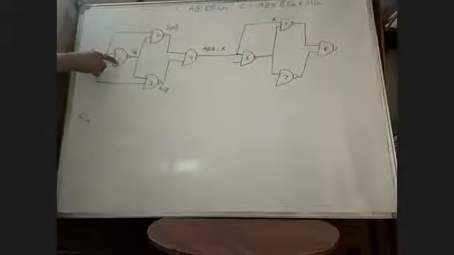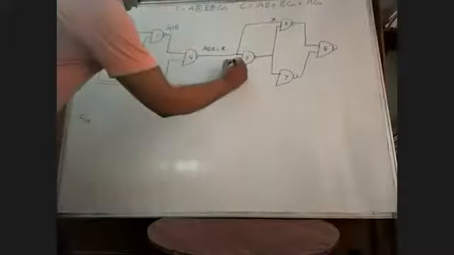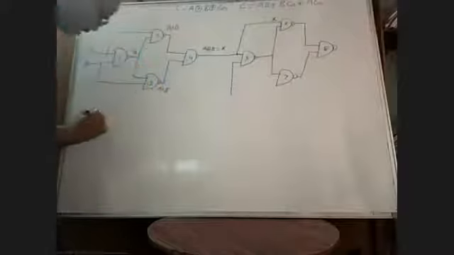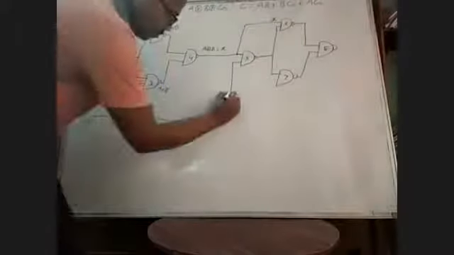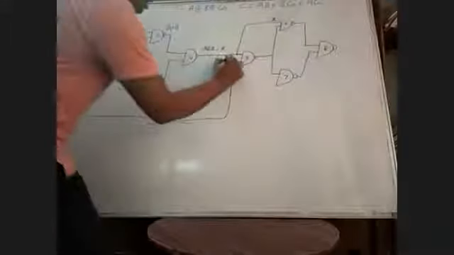And see, what is the NAND gate 1? One input is B. Similarly, for NAND gate 5, the other input we are calling C in. We don't need to draw such a long line; I showed A, B, C in for clarity. Or simply you can write this as C in.